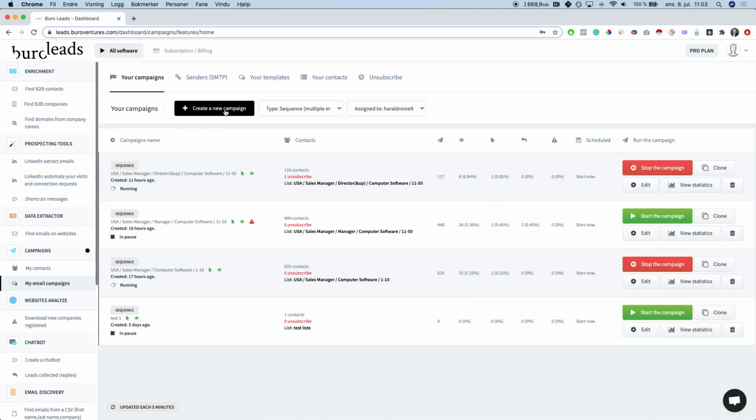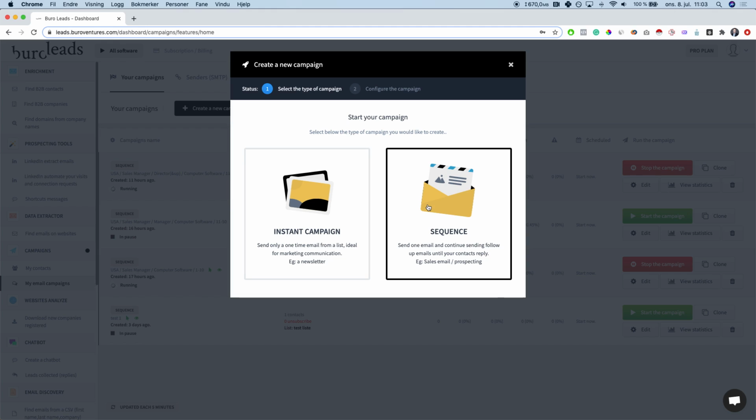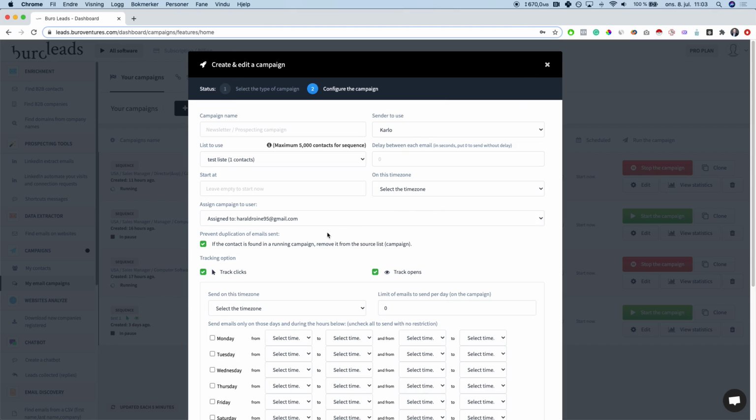When it comes to creating a campaign, you have two options. You have an instant campaign, which is more like a broadcast, which is a single email with a single content sent to a specific list. And then you have sequence. Sequence is the one I found quite interesting, because it's a perfect tool for cold emailing. You can add the campaign name, you can select the specific list that you want to reach out to, you can add in the delay between each email,